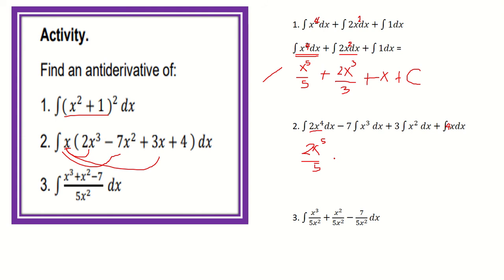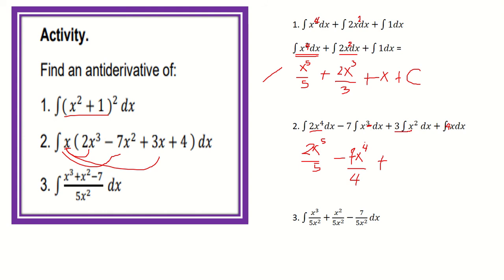Sunod, minus 7x exponent. Cube man eh, cube. 4 over 4 plus